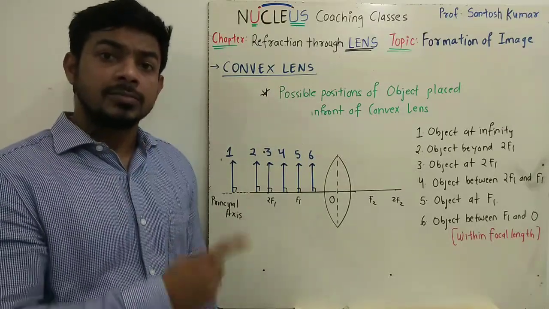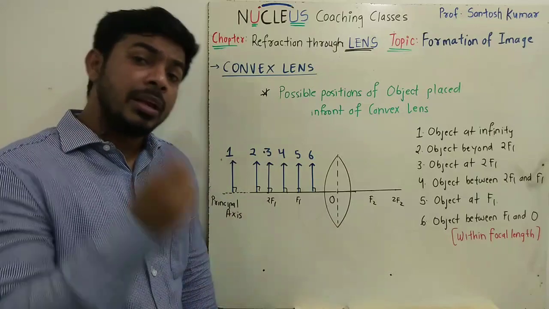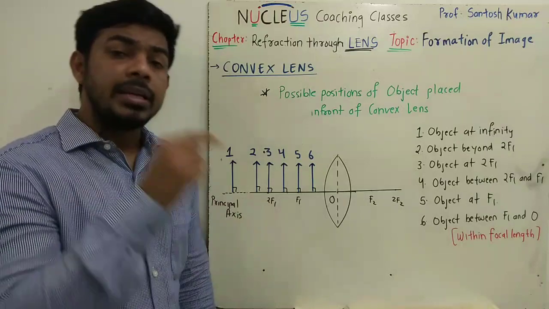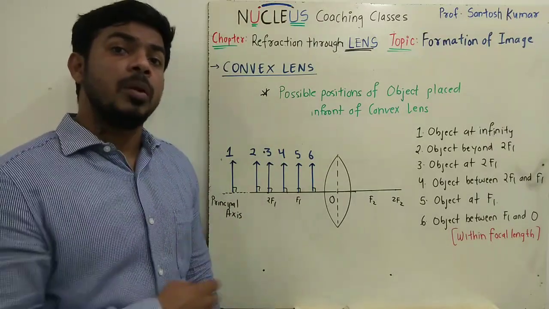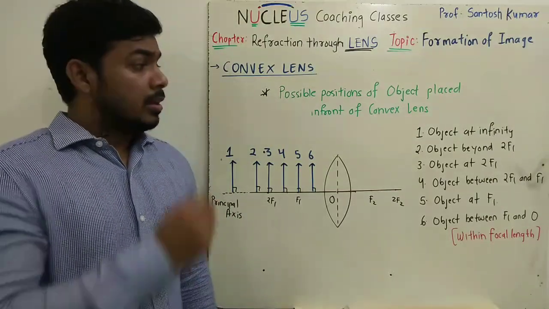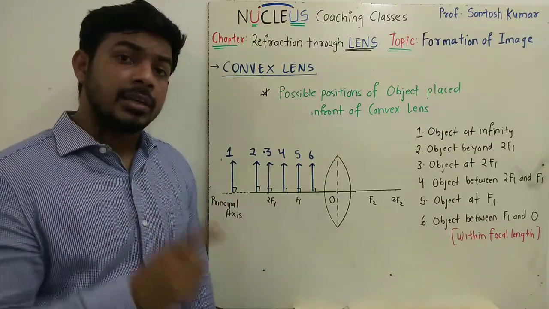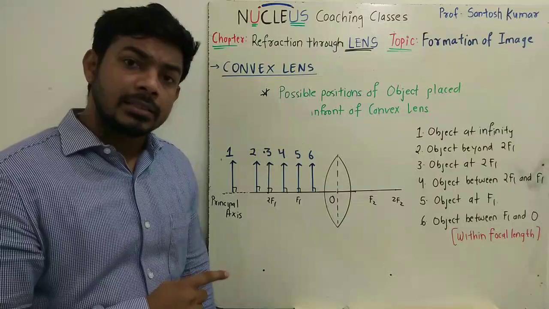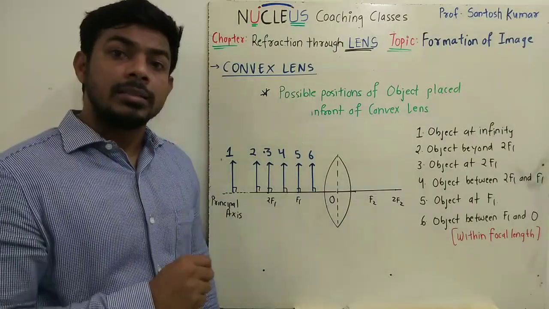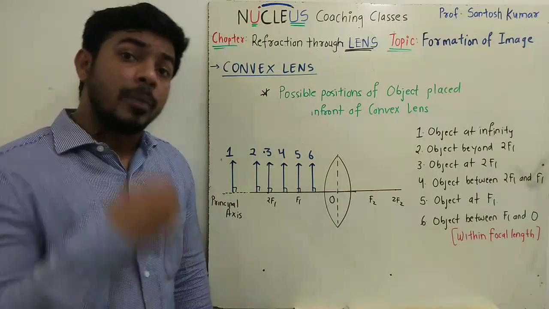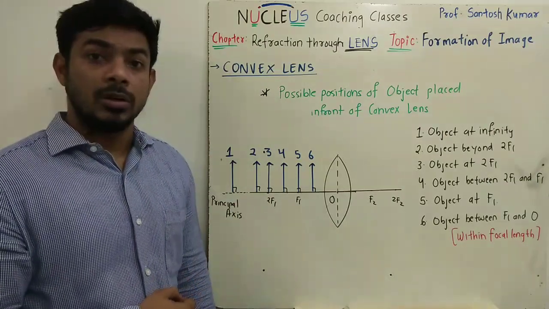So in this section the position of image will be a point where the rays after refraction meet at a point or appear to be meeting at a point. The standard rays from the object should consist of the rays coming parallel to principal axis, passing through the optical center and passing through principal focus or appearing to be passing through principal focus.